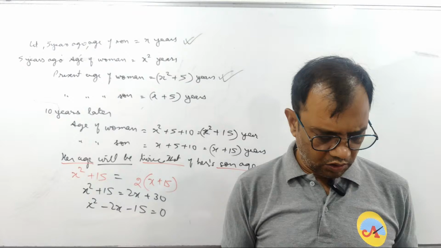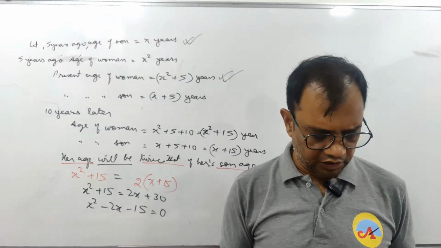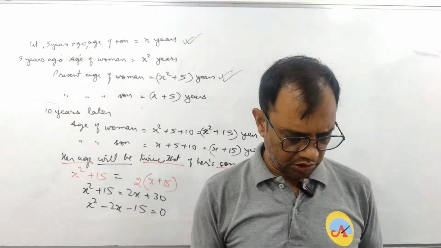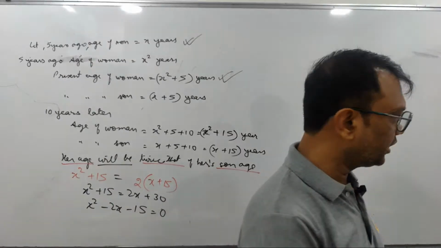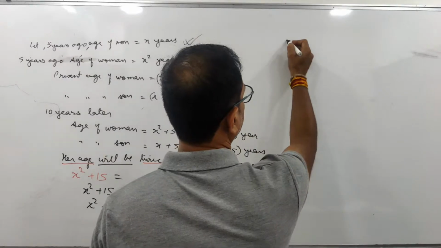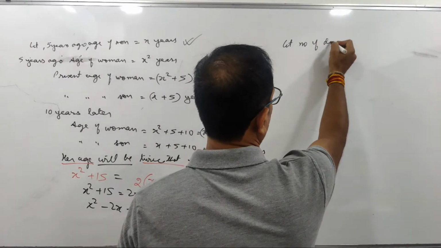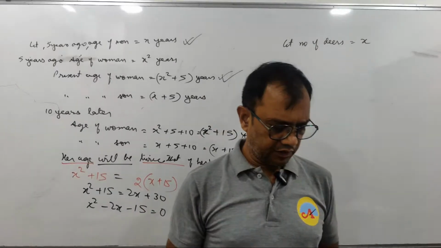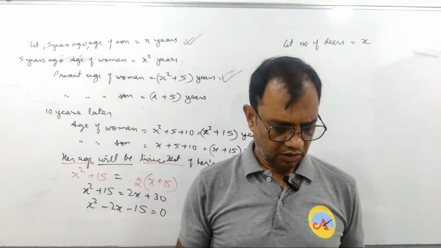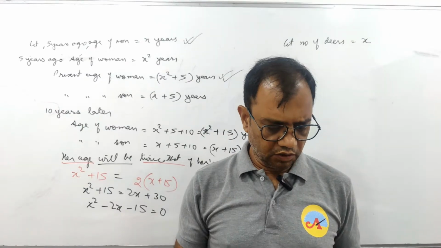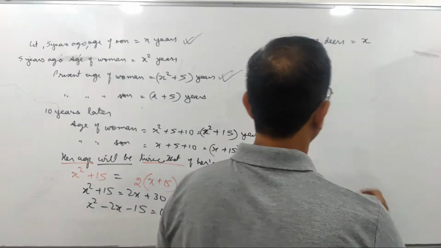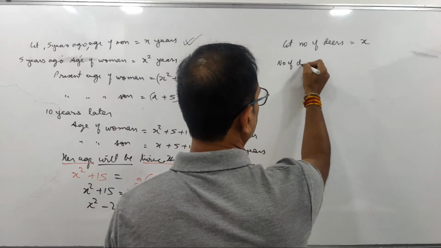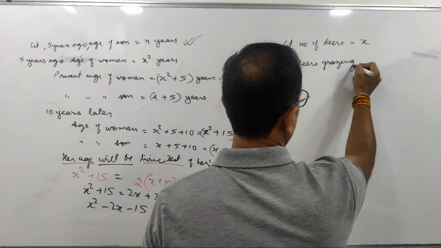Half of a herd of deer was grazing in the field. So here the number of deer we don't know. The question is to find the number of deer. So we'll take the number of deer as x. Let the number of deer be equal to x. What is the first activity the deer are doing? Half of the herd of deer are grazing. So the number of deer grazing